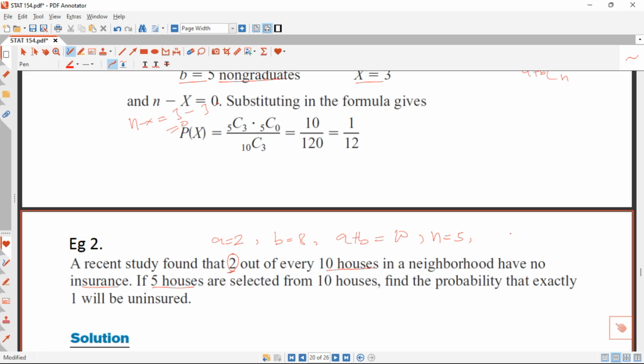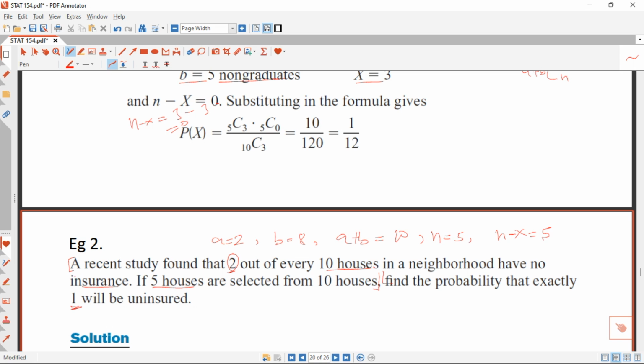And then we have to find our n minus x. Right now we have our n, which is 5, and then our x is here. He said find the probability that exactly 1 will be uninsured. So the 1 here is our x, right? Always you get the x from the question. From here going to this place is a preamble that will let you determine that